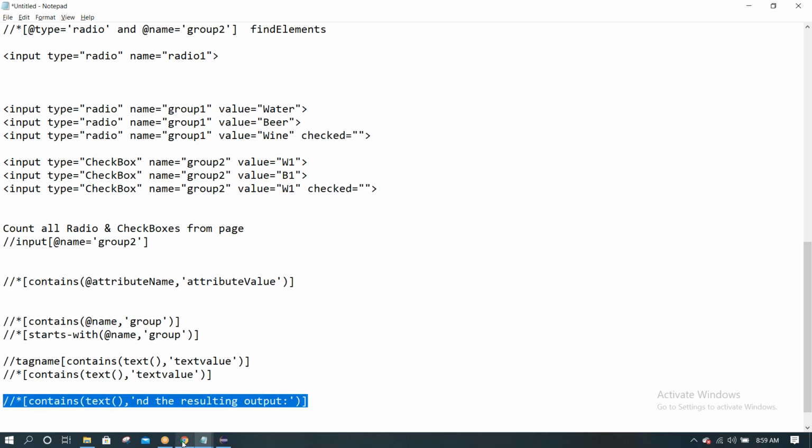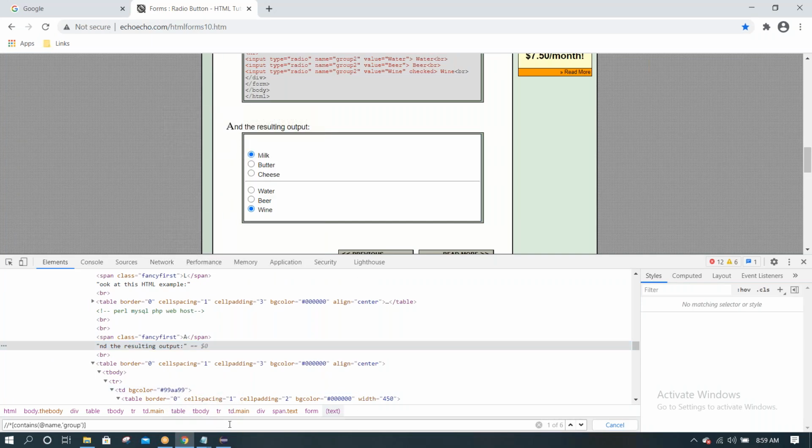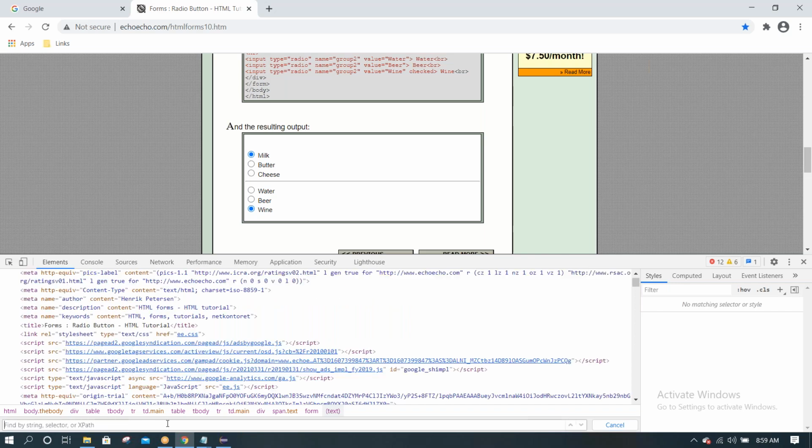Let's see whether it will identify or not. It is not identifying because it is inside this. Let me show you another example, then we can see this for you.